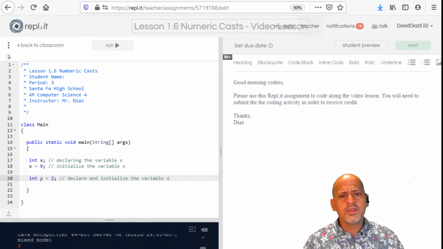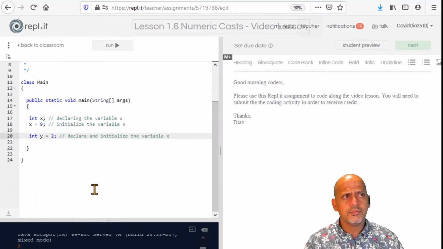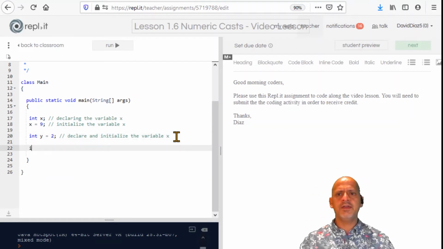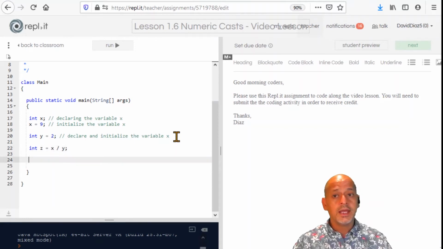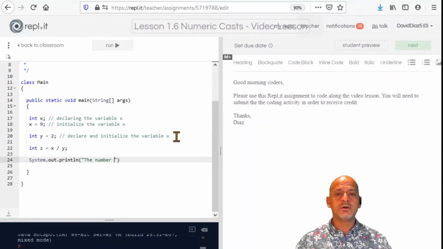And one of the things that we talked about was division. So let's say I have an int z equal to x divided by y, which is 9 divided by 2. And now let's do a system.out.println. We're going to print the text: the number z is equal to